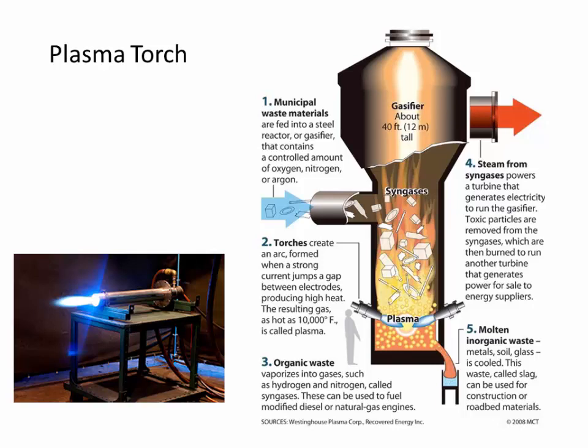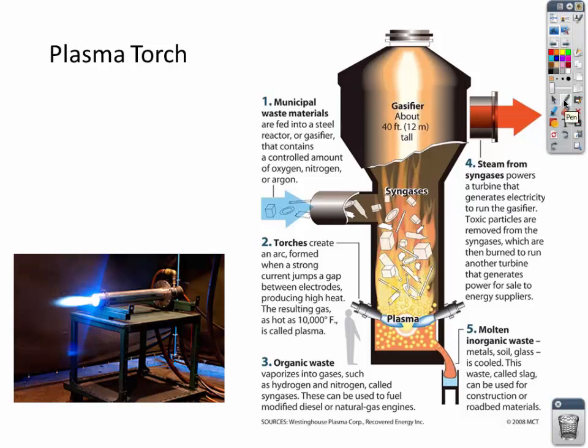A second option for hazardous waste treatment or disposal is the plasma torch. The plasma torch can be thought of as a mini incinerator. If you remember waste incinerators as an option for treating municipal waste, think of that on a hazardous waste scale on site. So a plasma torch is actually small and compact. It's mobile. You could take this thing right on site at some industry and use it to treat